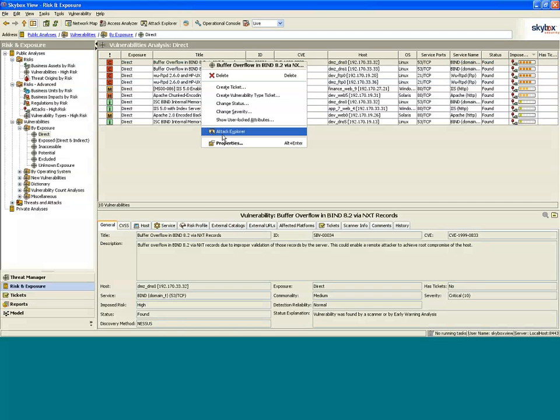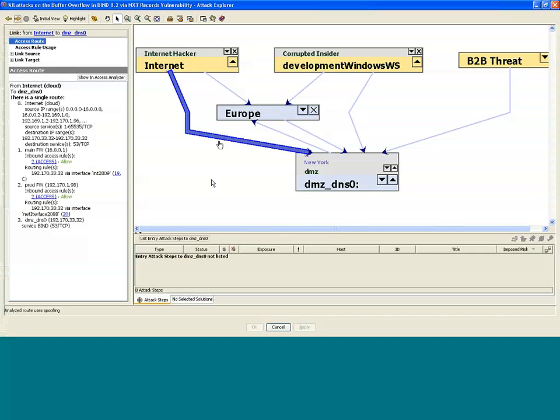I can then look at one of them in Attack Explorer, and I quickly see that the internet hacker is the highlighted route, which means it is the one that is most critical or has the biggest risk in my organization. And from here, I can show the access route and determine which ACLs are giving me access to this vulnerability. I can look at the vulnerability itself,